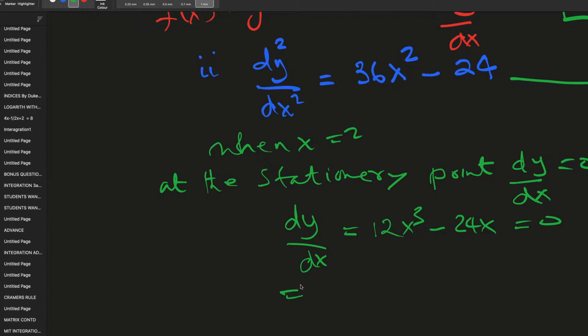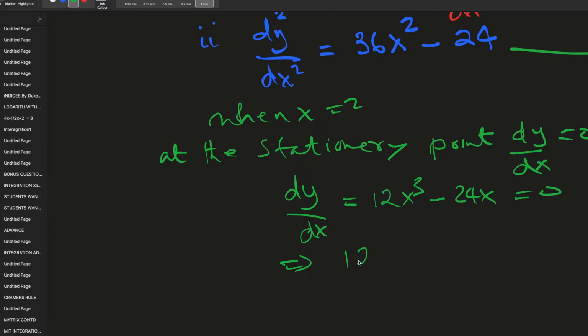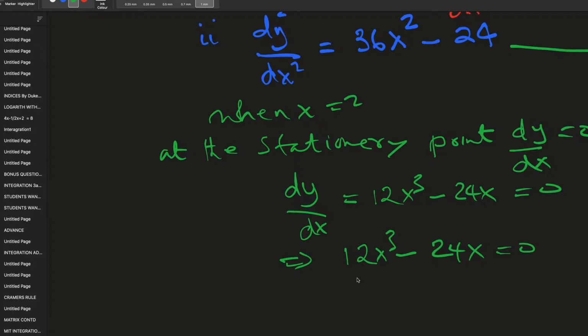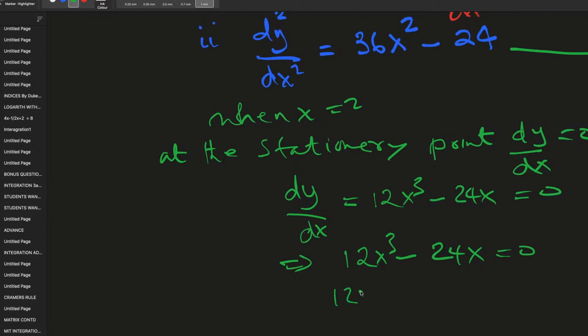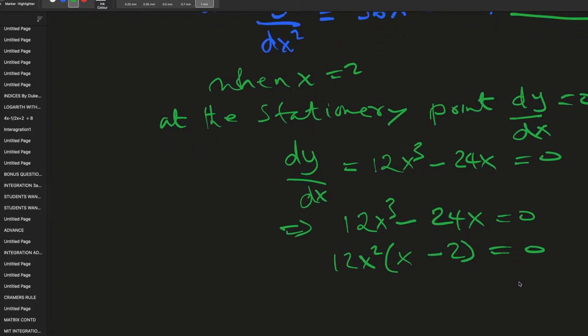So this implies that 12x cubed minus 24x equals 0 means 12x squared times (x minus 2) is equal to 0. So x is equal to 0 and x is equal to 2